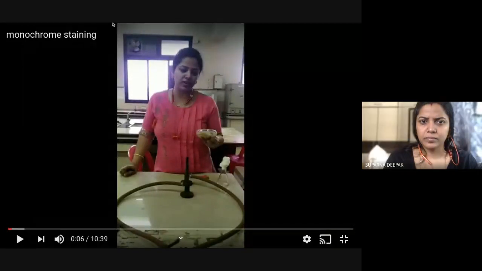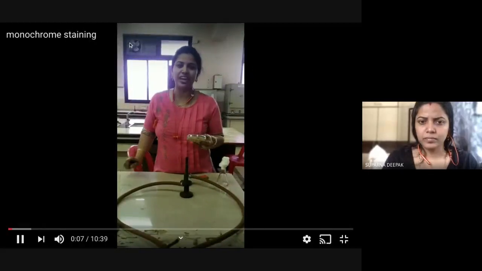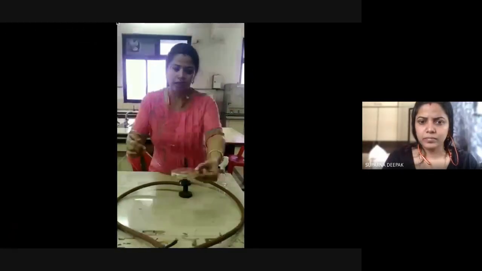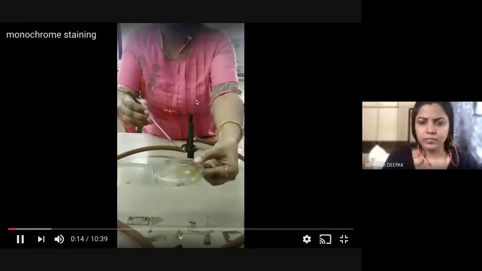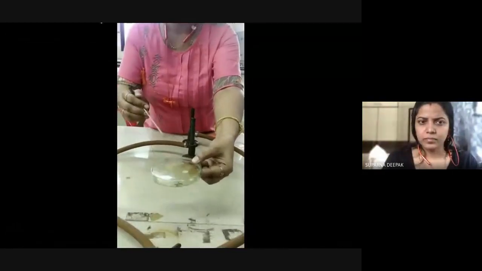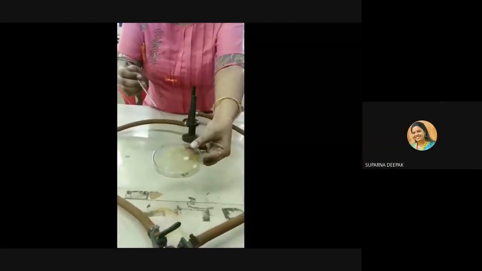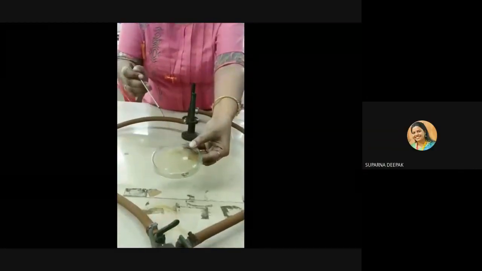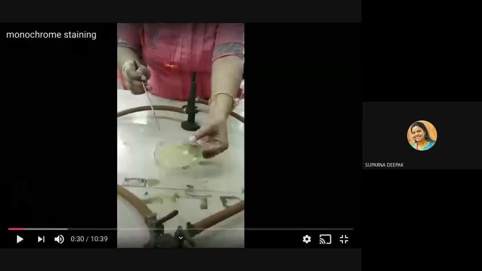Here we have a plate with different types of culture. Let me just show you this plate. You can see there are different colonies growing, of different colors, different sizes and different shapes. Here we have isolated the organisms which are there in the soil. Now if you want to characterize them, we need